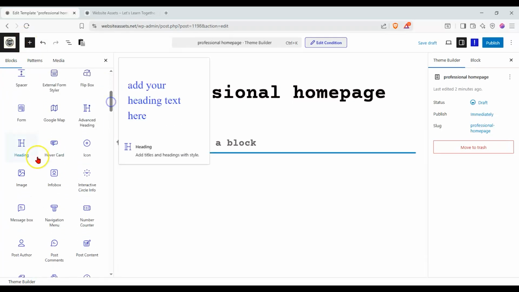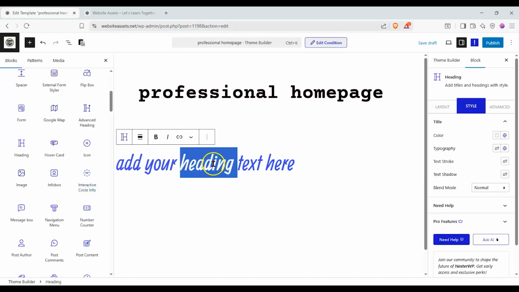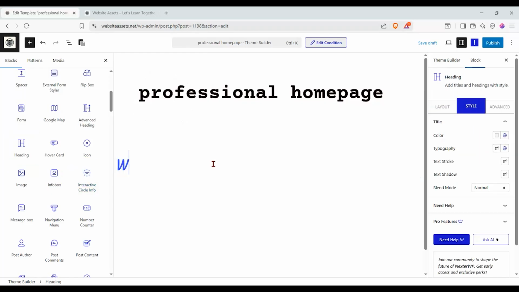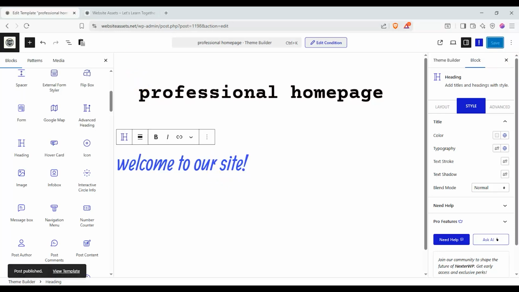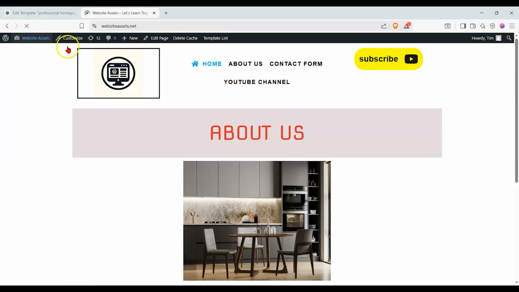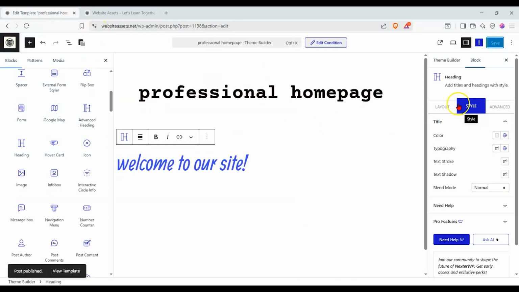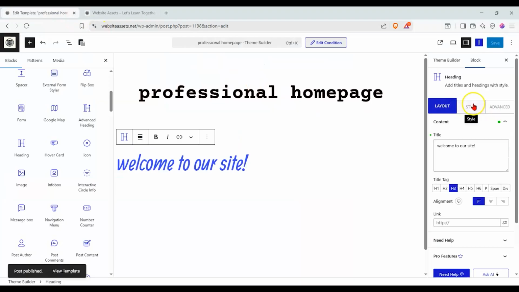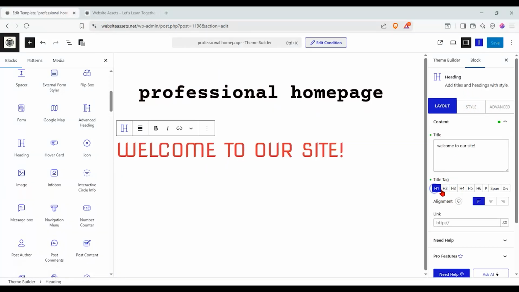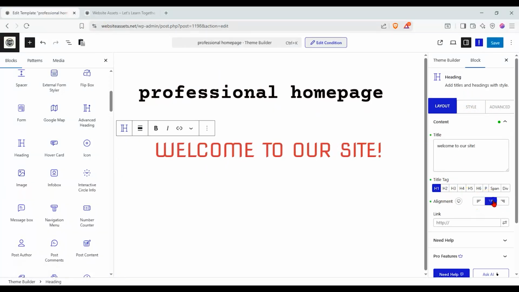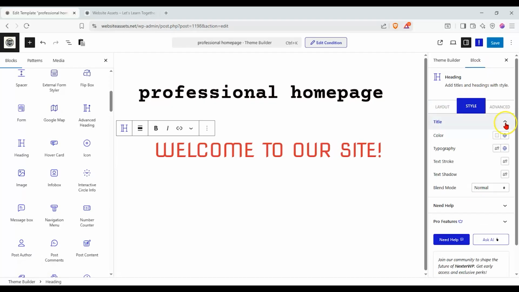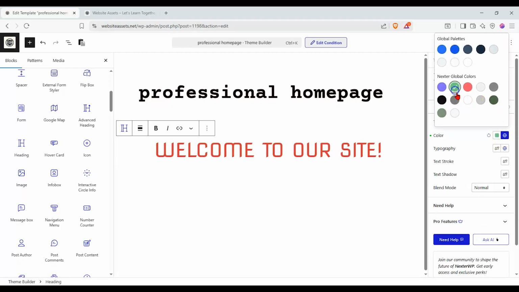So if I wanted to put a heading here, so drag and drop that, I can type in here, okay, and I can go ahead and click on publish, right? And once I reload the site, this is what's going to greet us. Okay, and here we have our settings, right? Layout, we can change the tag, we can change the alignment, we can add a link to it, we can change the style, change the color, in fact,